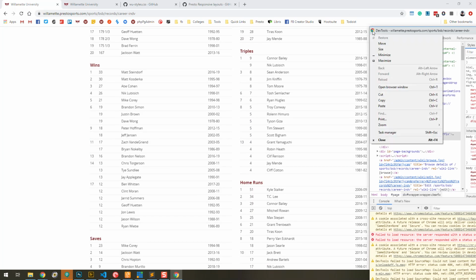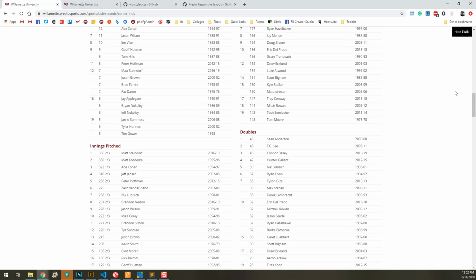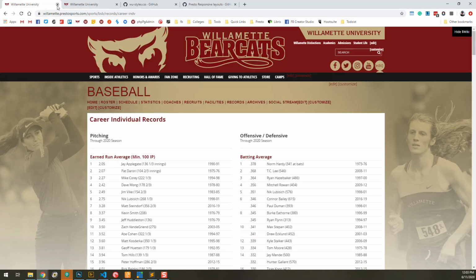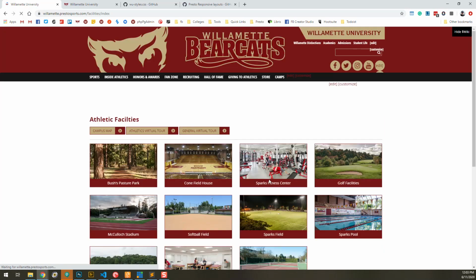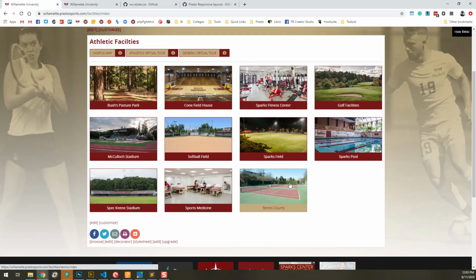Let's take a look at a different page to give you a good example. Let's go to facilities. The way this all works is using Presto's grid framework. And what that means is there are columns and then there are rows. So in this example, there are 3 columns, and then within each one of those columns there are rows. And the grid system,